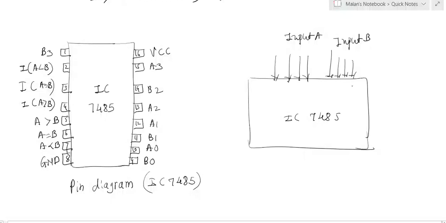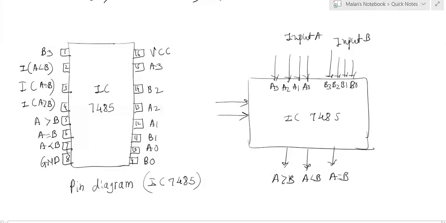And the outputs given are A less than B, A greater than B and A equal to B. And the cascading inputs are also given, which are nothing but the input A less than B, input A greater than B and input A equal to B. This is the block diagram.